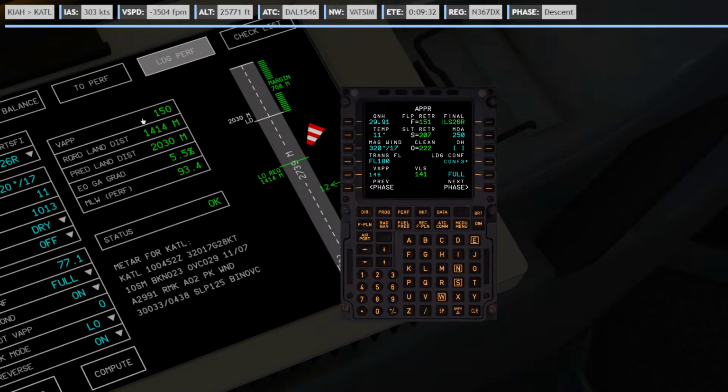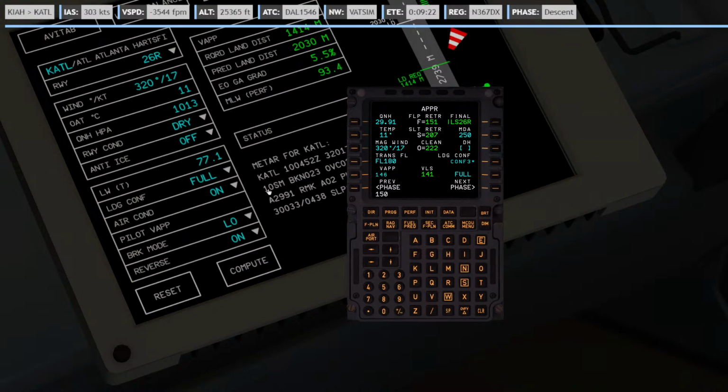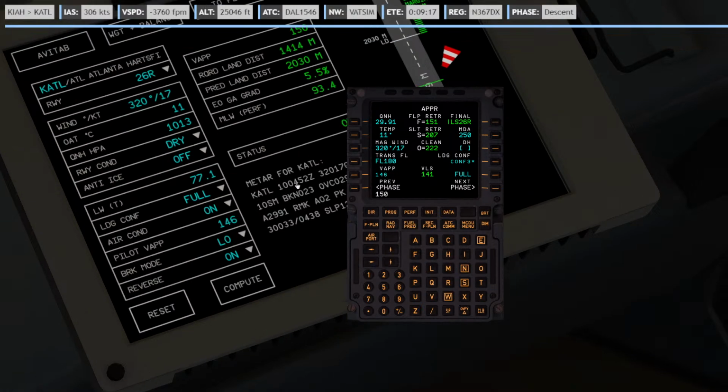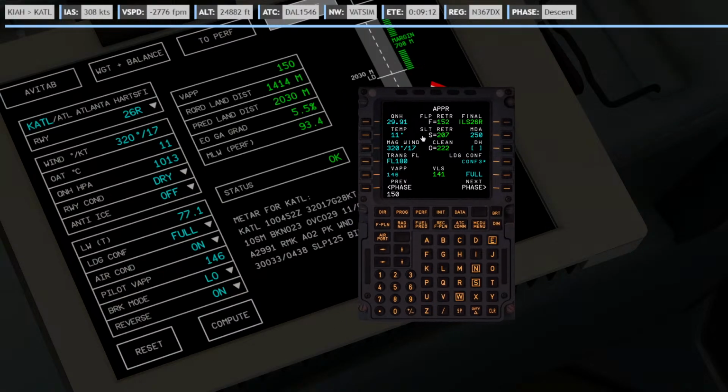This is saying our V approach is going to be 150, so I'm going to change this to 150. I wonder what happens though if I change this to 146. What happens if it changes much? Yeah, no, it doesn't change. So I'll put in 150 for our approach speed. Our landing distance is going to be,